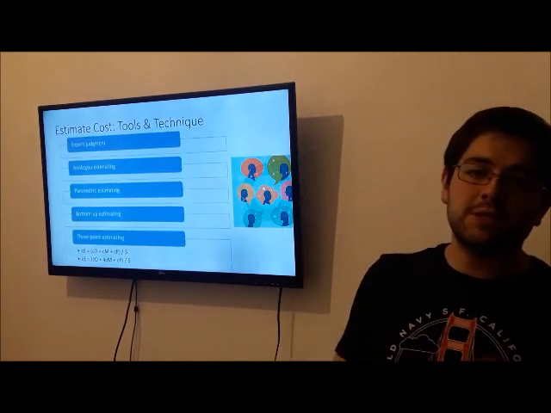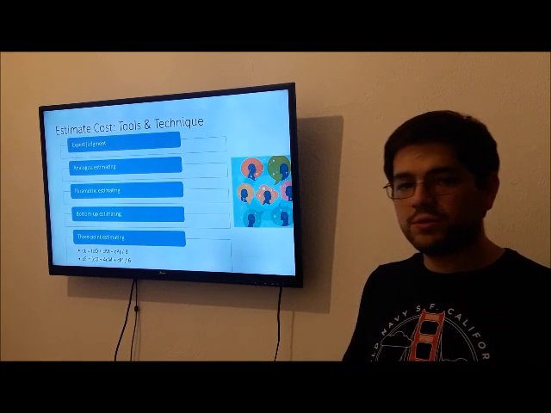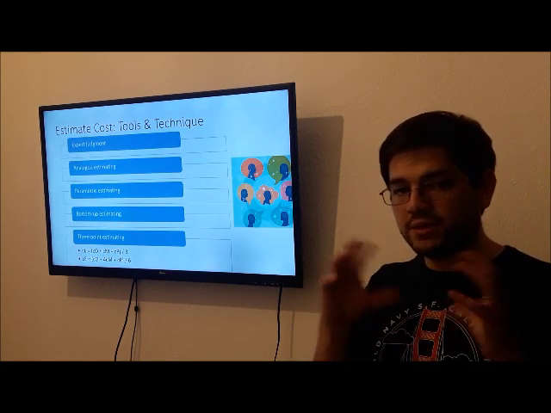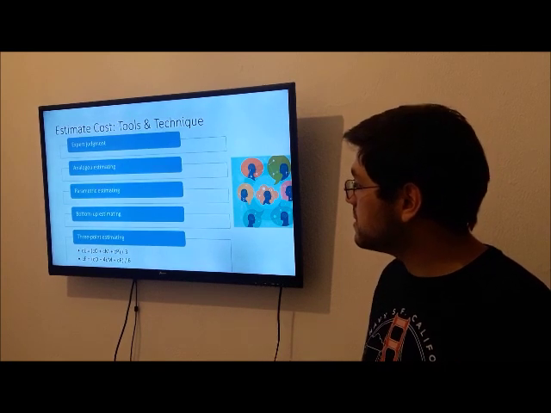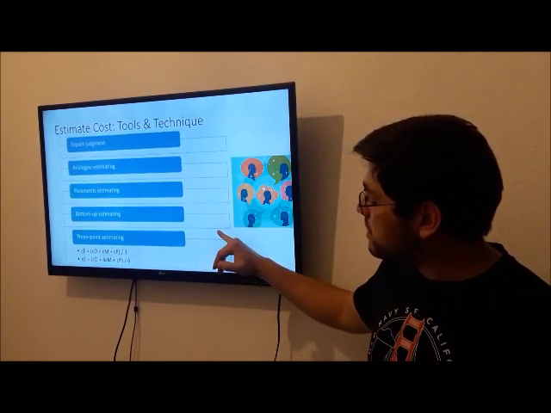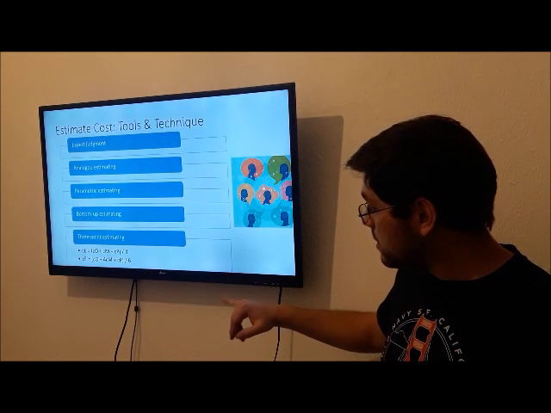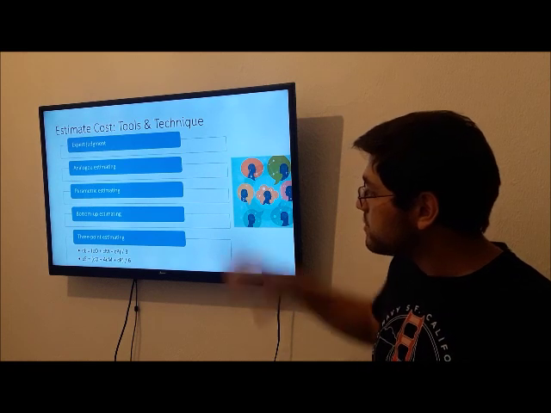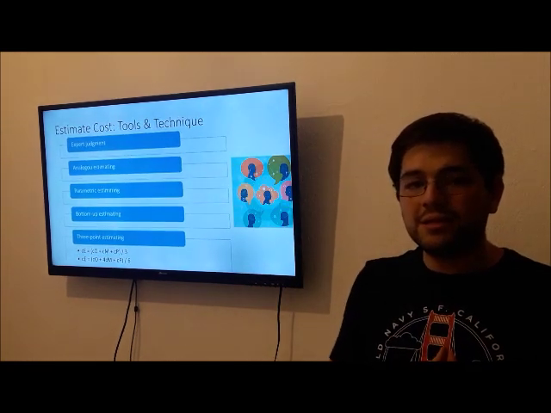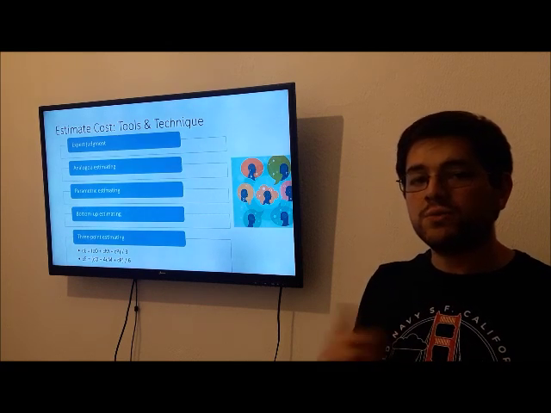The expert judgment is basically the same thing that we saw previously. All the experts from the company gather up and they develop the estimation. Analog estimating, parametric estimating, bottoms-up estimating, and 3-point estimating. These are techniques, analytical techniques, that will help us identify or calculate how much we're going to spend